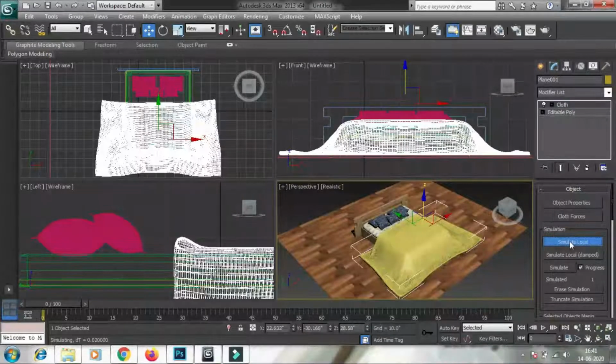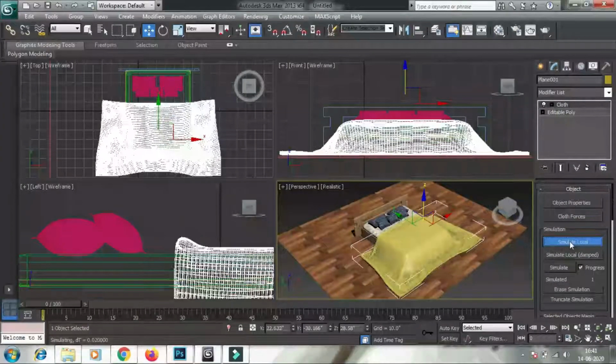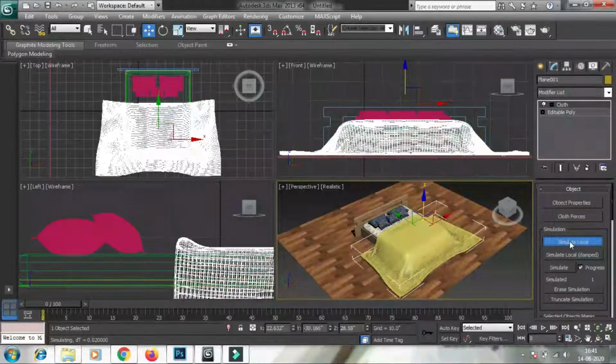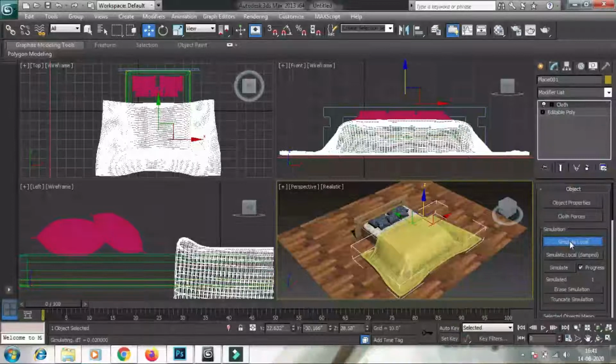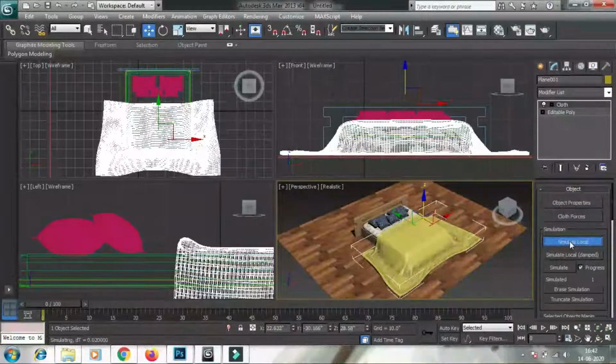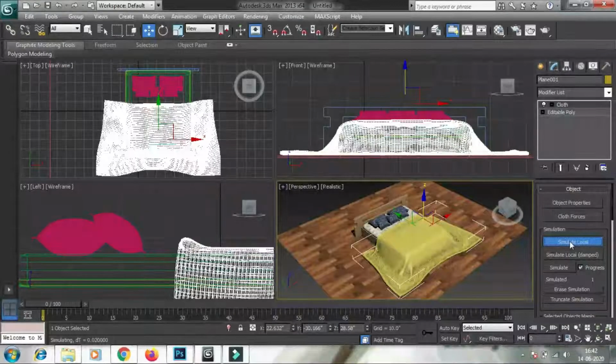This is the kind of effect that I wanted to have. Now I would turn off this simulate local option. You can see that this bed sheet has taken a really nice effect.